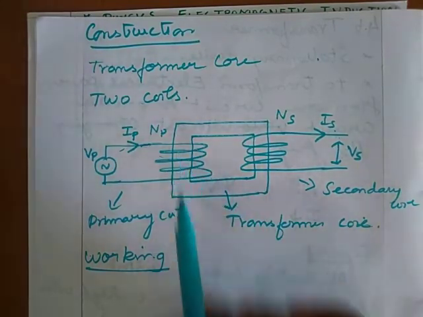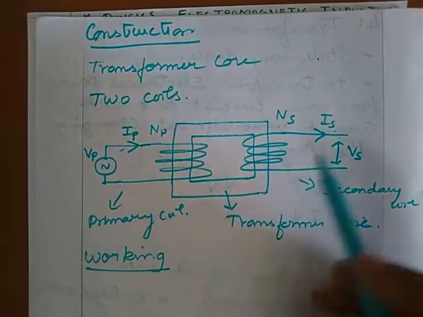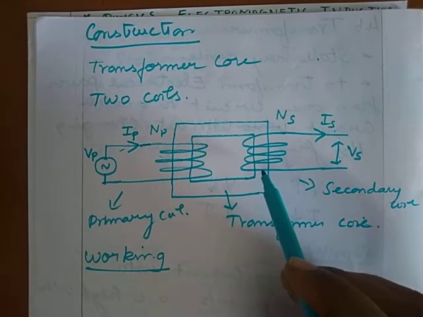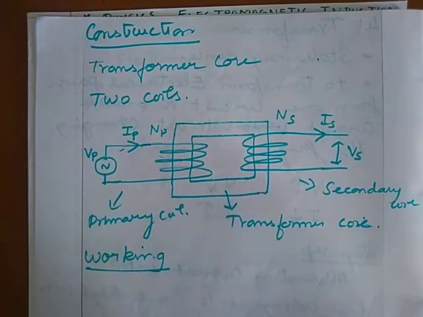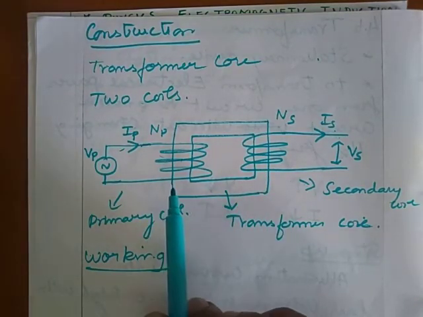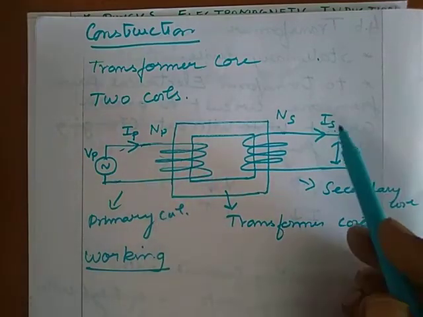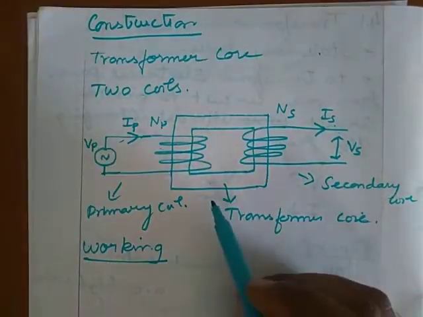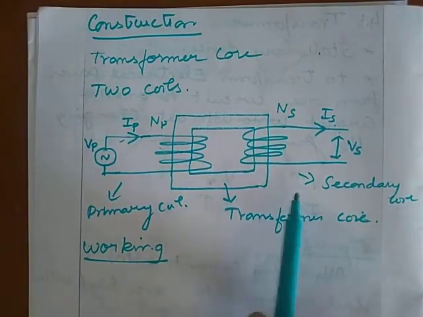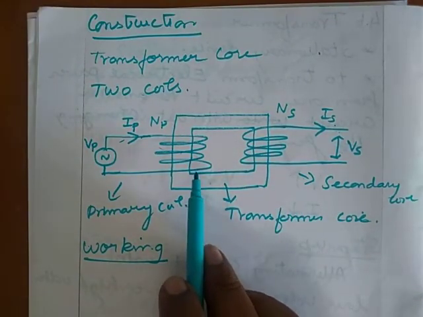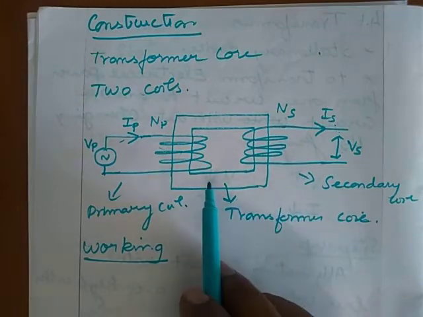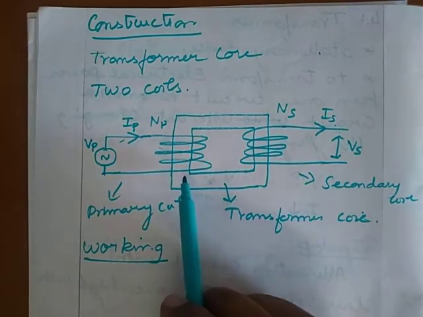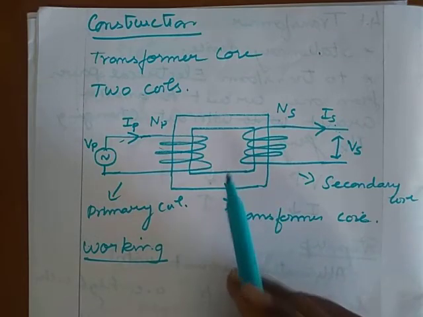Suppose there is no flux leakage, no leakage of the magnetic flux. The magnetic flux linked with the primary coil is equal to the magnetic flux linked with the secondary coil. So the rate at which the magnetic flux changes through each turn of the primary and secondary coil is the same. Due to the change in flux, it produces an induced EMF.